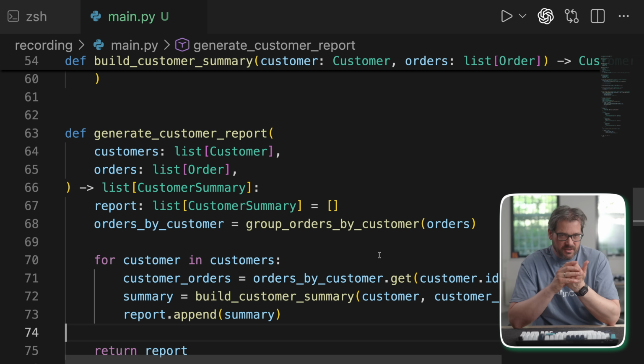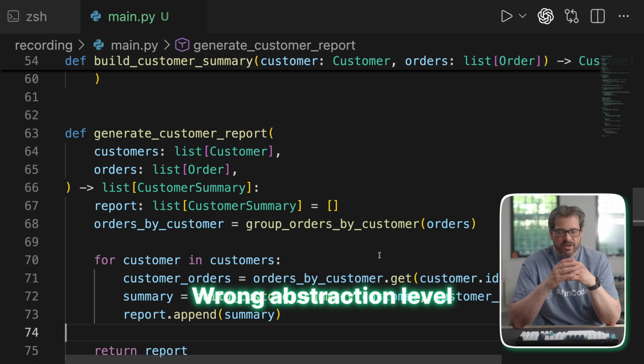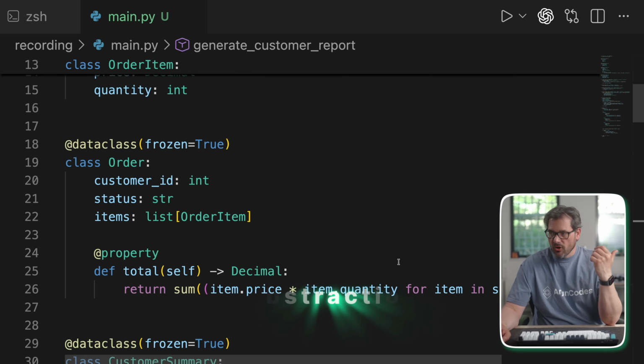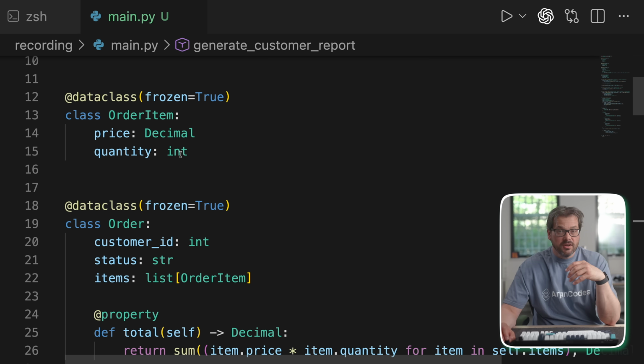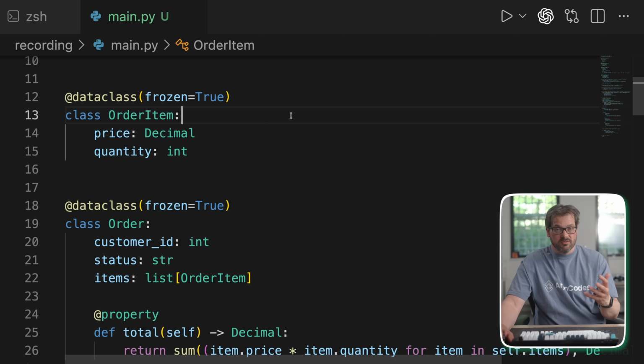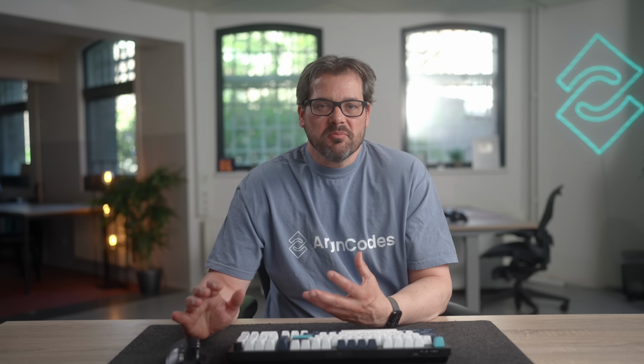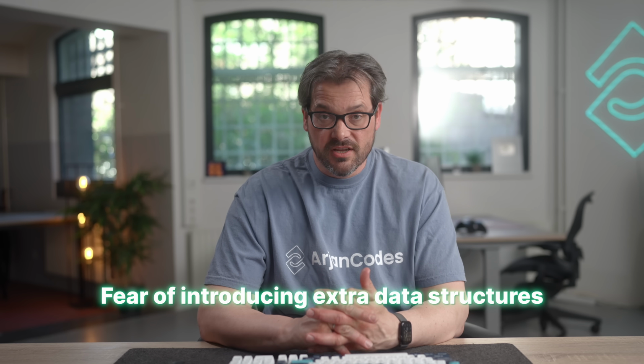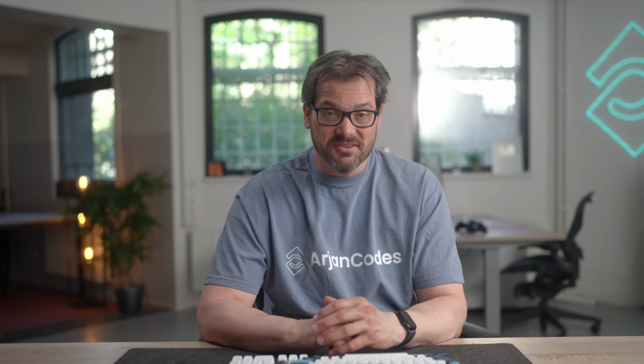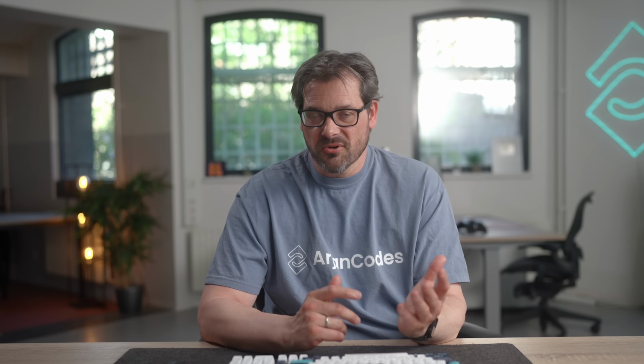Now, what are some other reasons you may encounter? One is a wrong abstraction level, where in essence, instead of working with objects like order item and customer, you're working mostly with primitives. So you're passing around a bunch of integers and strings and floats and decimals and things like that. If you do that, you're going to get very messy code because you have no idea what the data actually is. You don't define that. That can also lead to nested loops where you're going to have a list of order items or something like that. Related to that is a fear of introducing some extra structure. So if you avoid dictionaries or classes or tuples at all costs, your control flow is going to be more